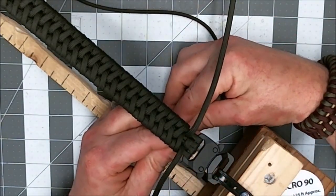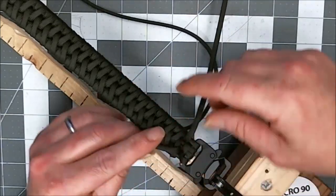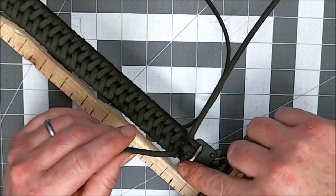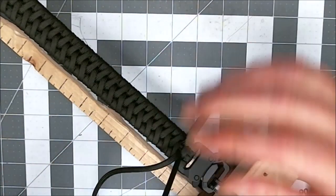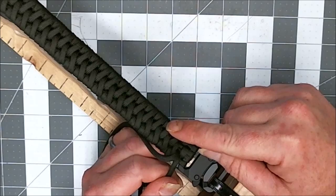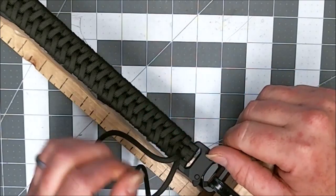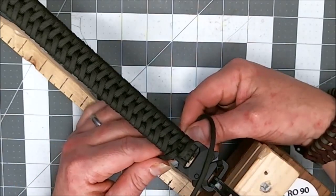I'm going to come up right through here. Right there. Like I say, it's going under 4, and it's not going to go over 2. You'll see. I'm going to pull it up though, like you normally would, and that gives us this wrap to maintain this small wrap around, right? Okay. Now what we're going to take this one, and we're going to come back this way,